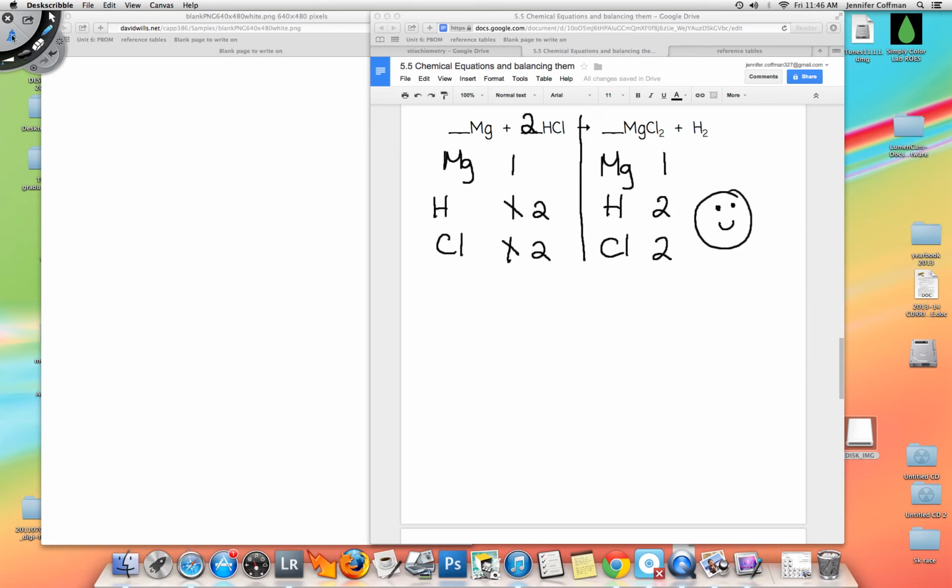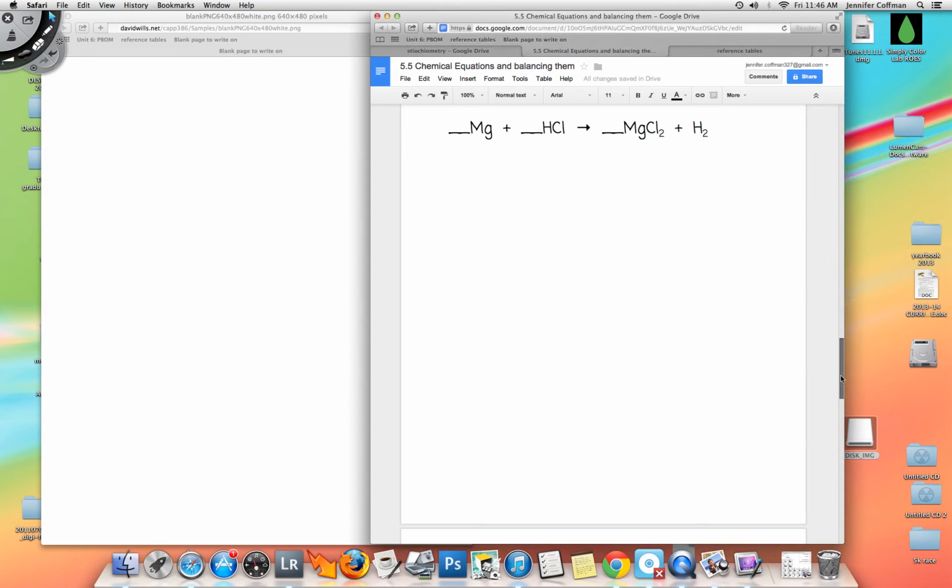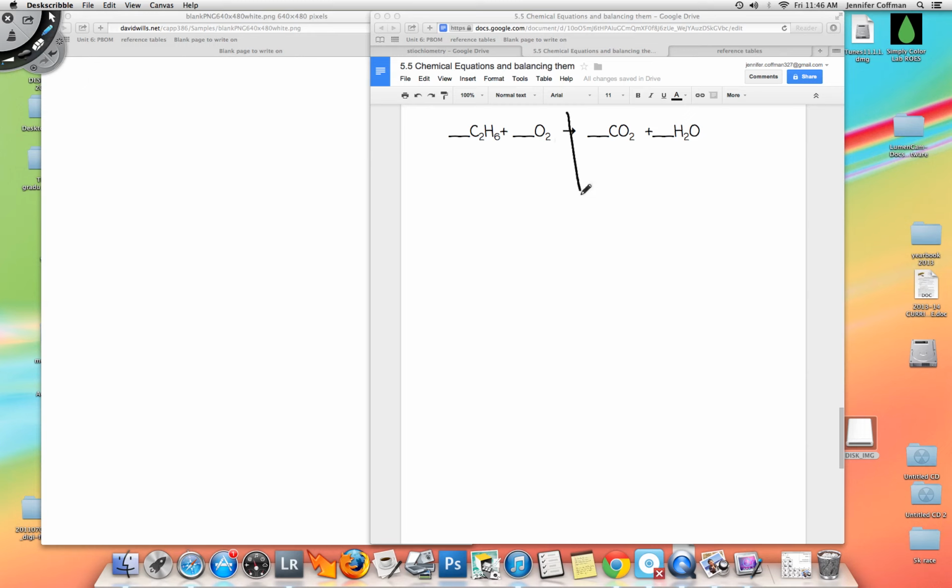Okay, let's clear this and let's try another one. Now, the next one is definitely more complicated. Okay, this one is not going to be as easy for you, but I'm going to show you a little trick to doing this kind of equation. So let's take the line and write our elements: carbon, hydrogen, oxygen, in the same order: carbon, hydrogen, oxygen, and